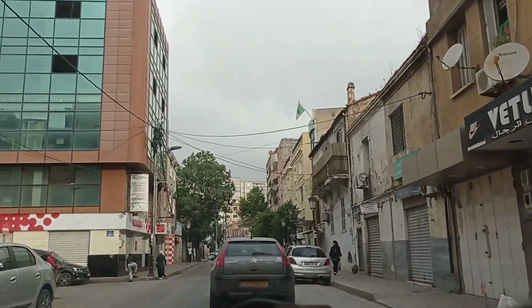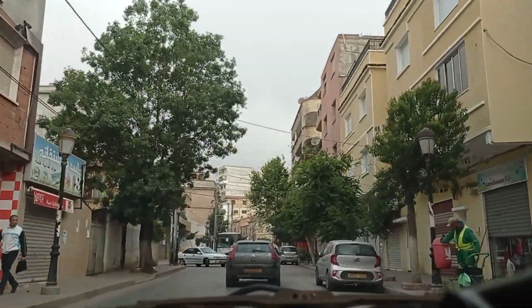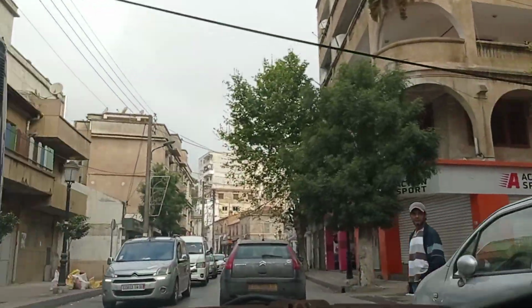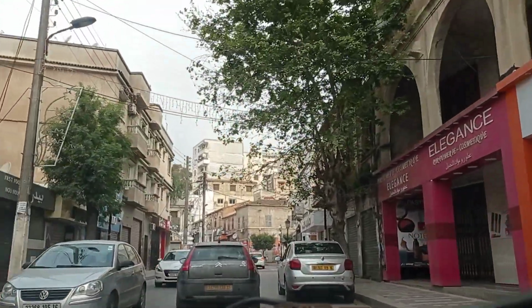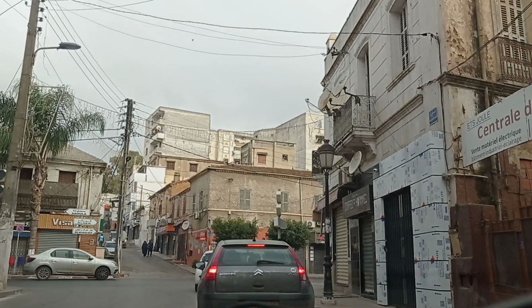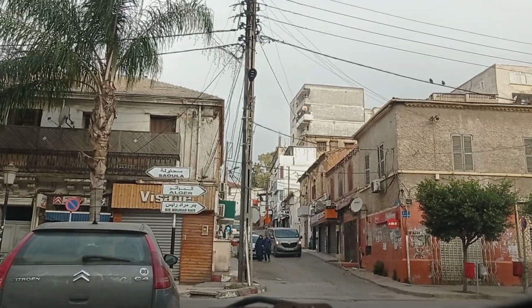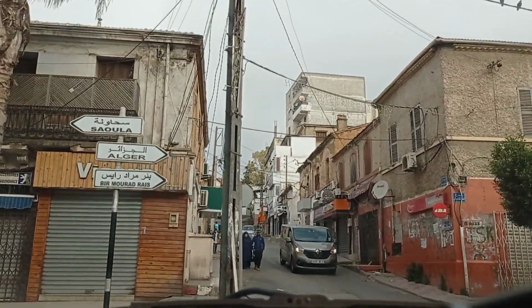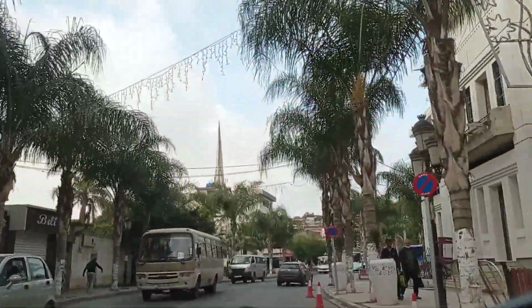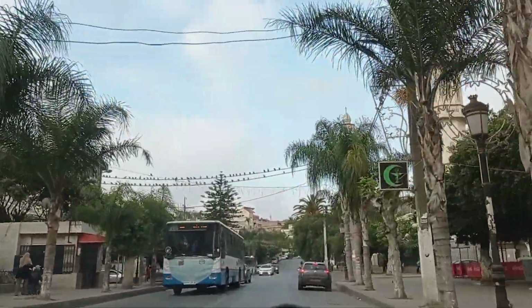Yes, now this is the very heart of the neighborhood, and whenever you start seeing, you know, banks and post offices and gas stations, that's a sign that you're already in the center of some neighborhood. Okay, so now this is Jilali Street, Jilali Brothers Street, Rue des Trois Frères Jilali, the Three Jilali Brothers Street, and this is the main street